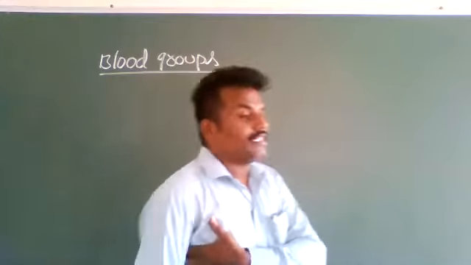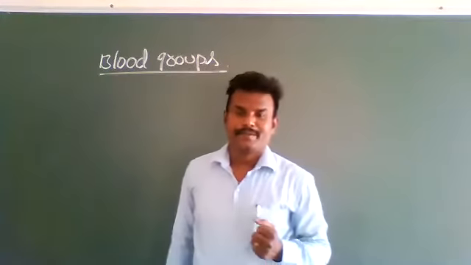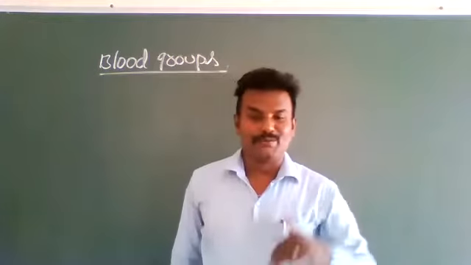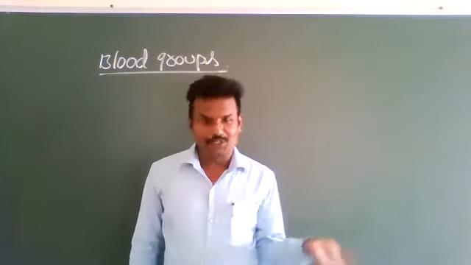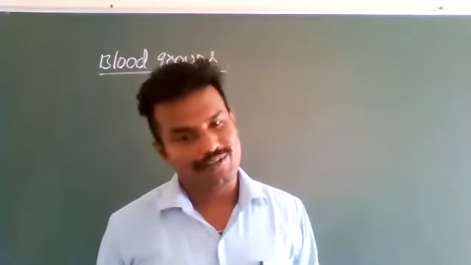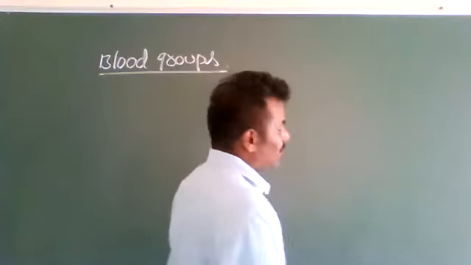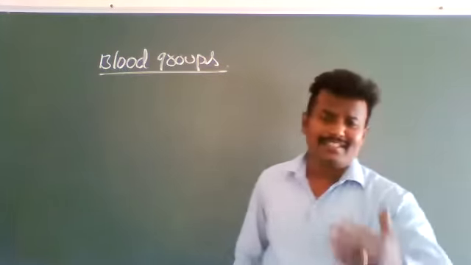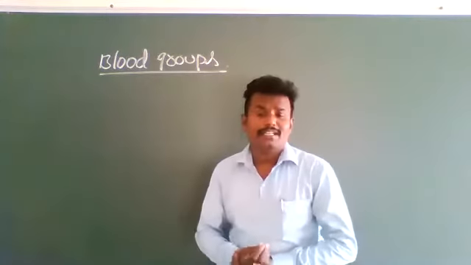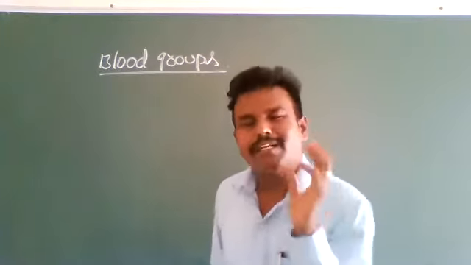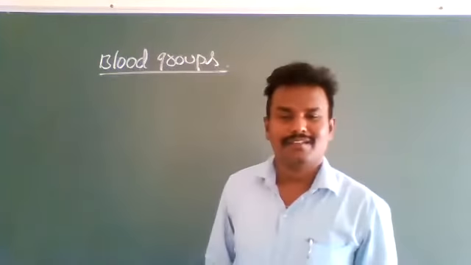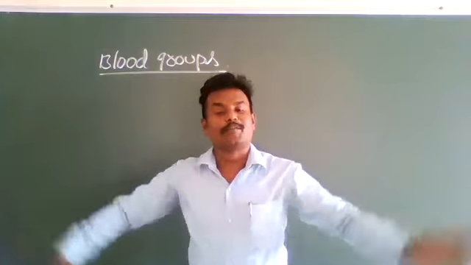Now in this class, we will see how to find A positive, A negative, B positive, B negative, O positive, O negative, AB positive, AB negative. First of all, this is not in the textbook. Whatever I said so far is not there; just one paragraph is given, and with that we just finish, clap, and say the blood groups topic is finished.